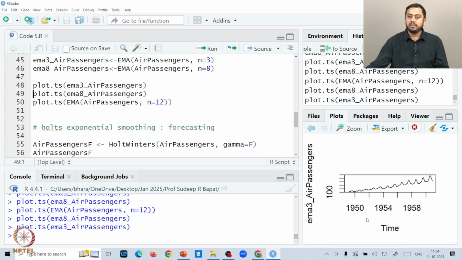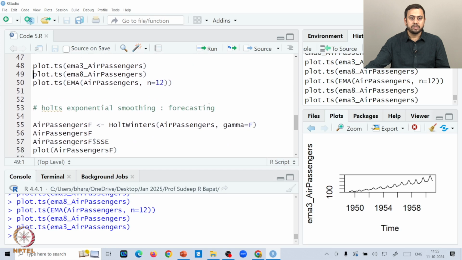So can you see that EMA 3 would be more suitable for the underlying data set as compared to, let's say, EMA 8 or EMA 12, which are much smoother, right? The idea is that we want to preserve the underlying tendencies of the data set also, right? So if you have a really smooth EMA or SMA, whatever plot, then that might not serve the purpose.